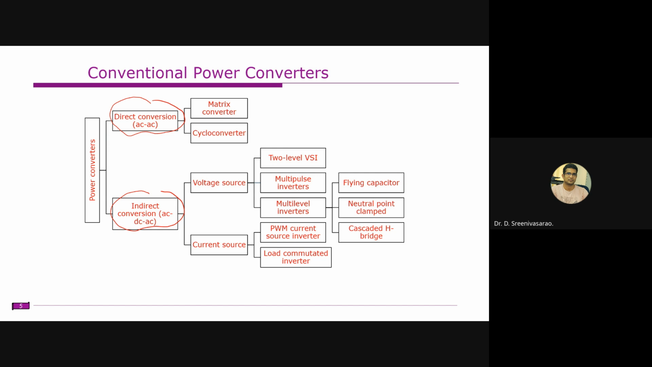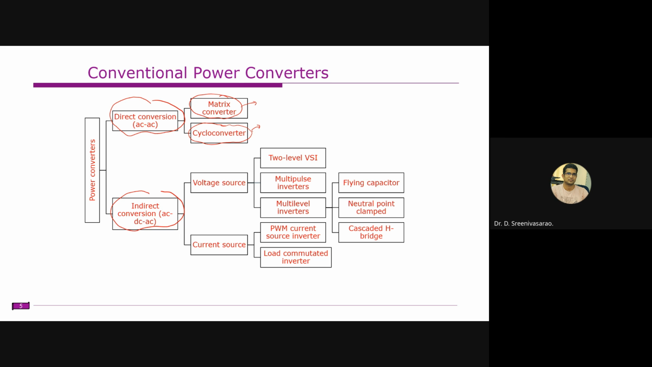In case of direct conversion, we have AC to AC conversion. Here the input is usually fixed, and the output AC will vary. We can vary the amplitude as well as the frequency. So cycloconverters were used in the early days, right? And later on we shifted to the matrix converter, right? Cycloconverters are based on thyristors, whereas the matrix converter is based on self-commutated devices like IGBTs and MOSFETs,